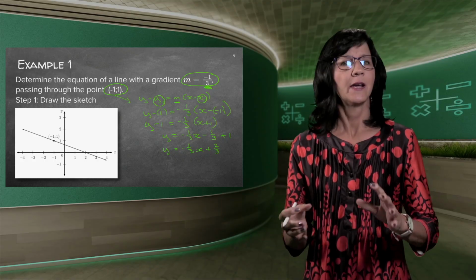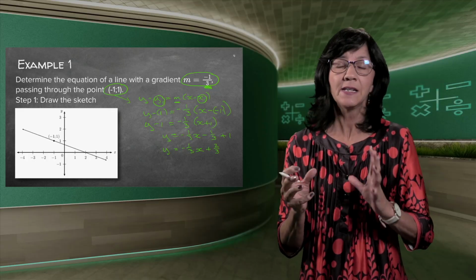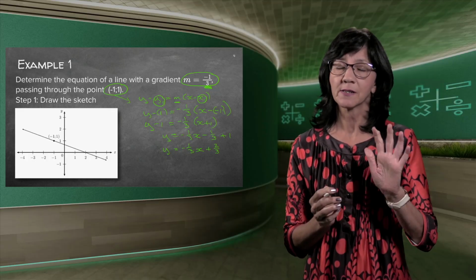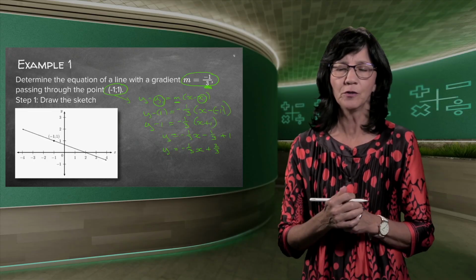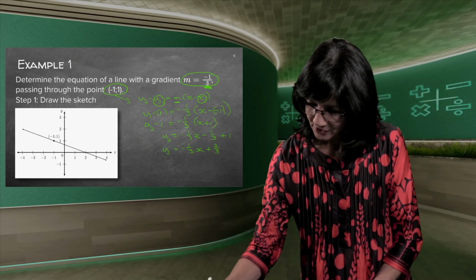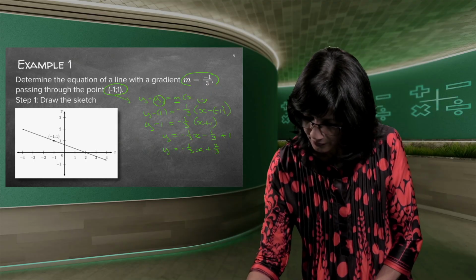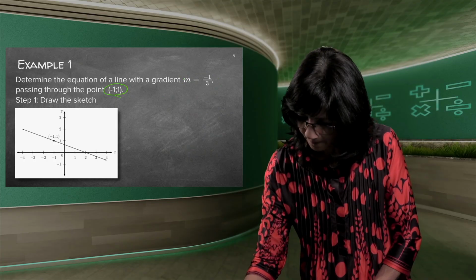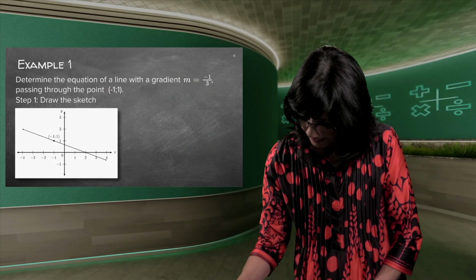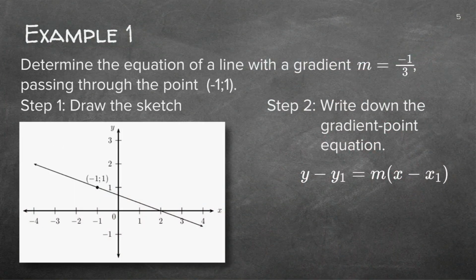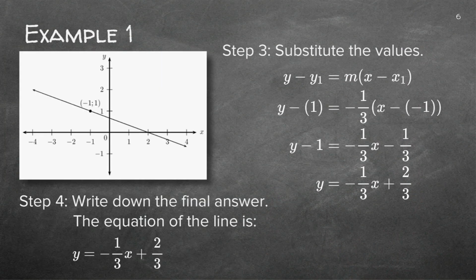So as you can see, it's much quicker and easier than the y is equal to mx plus c. But as I say, you're always welcome to use either one of the two, but please try this one. So I'm going to take it off so you can go and redo it all on your own, and then we're going to look at the answers. There's your formula, where you can substitute one point and the m. There we've done the substitution, and there's my answer straight away. I did not need to substitute back into somewhere. I just ended up with my answer straight away, and you could have just left it there.